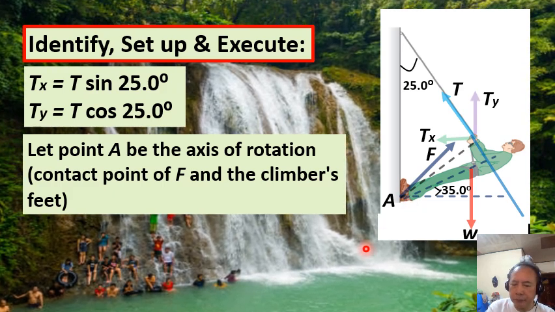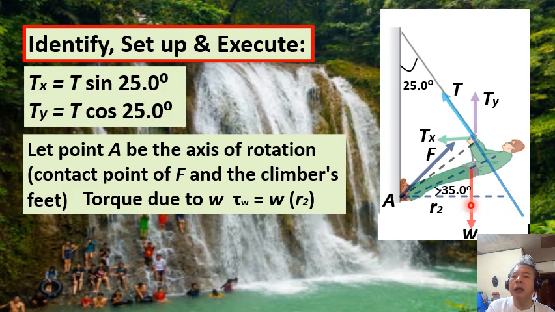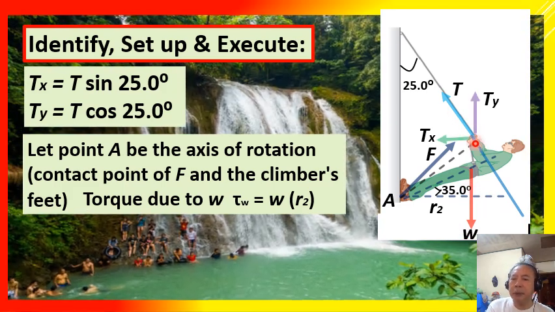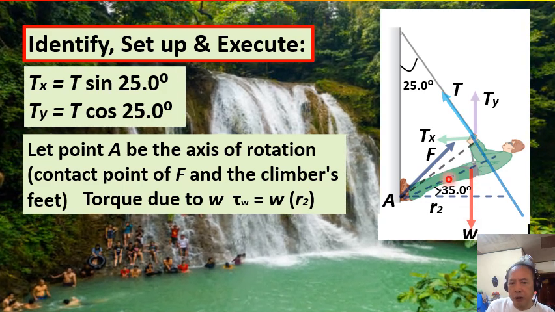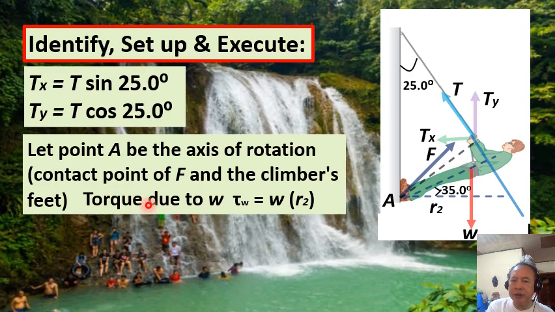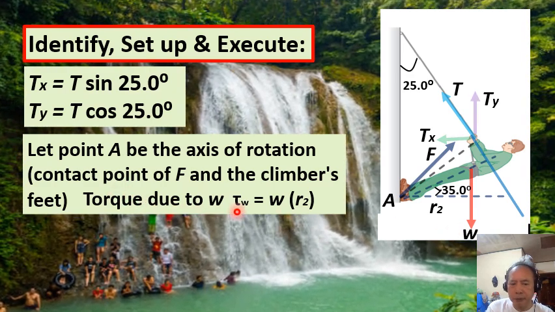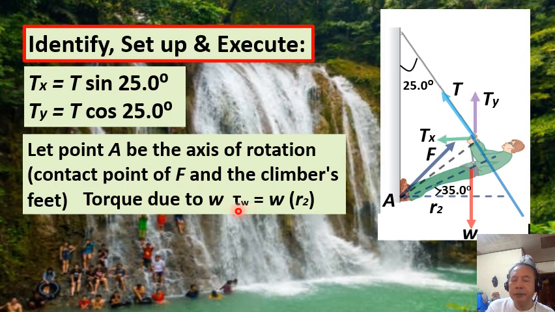But the other forces, such as the weight W and the tension capital T, will have their corresponding torques, right? And starting with the torque due to the weight of the climber, W, we determine